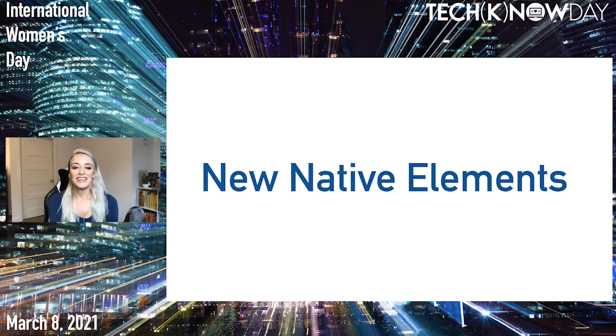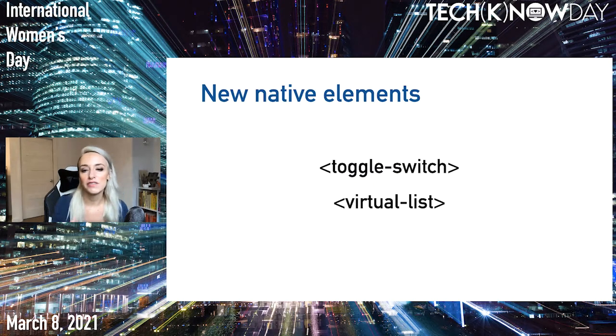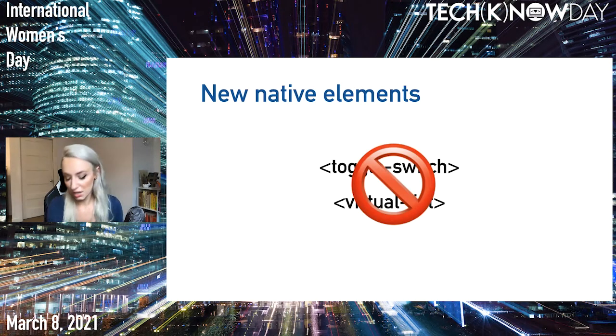And secondly, like I said, HTML isn't done. So we're looking at new native elements. In a previous version of this talk, I had mentioned the Chrome team had taken on looking at toggle switch and virtual list. And going to check on the status of these, it appears they've both been abandoned at the moment. But, and I cannot speak for Chrome, but I want to say this doesn't necessarily mean we won't get them someday. If these are things that you'd like to see native elements for, please be vocal about that on Twitter, on the different browser engine status pages,